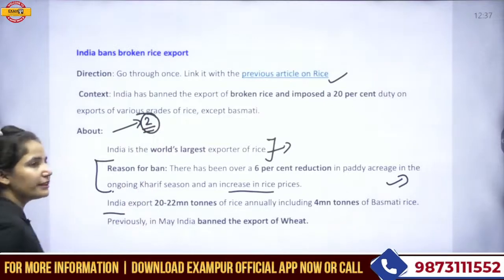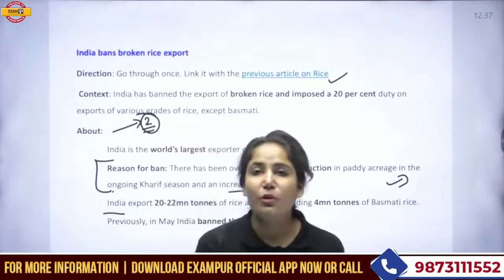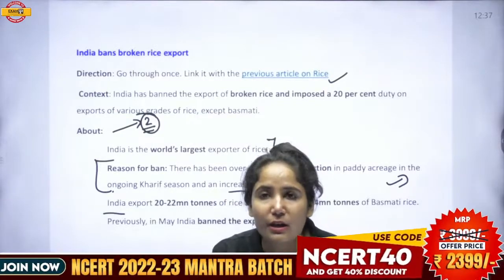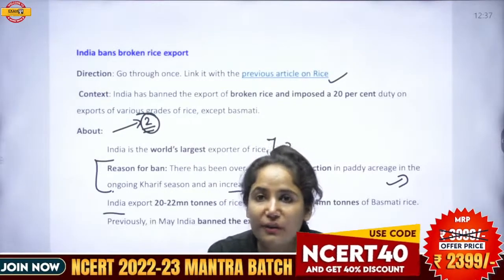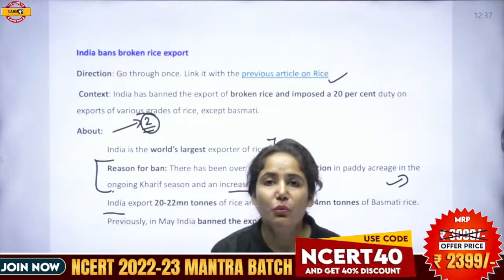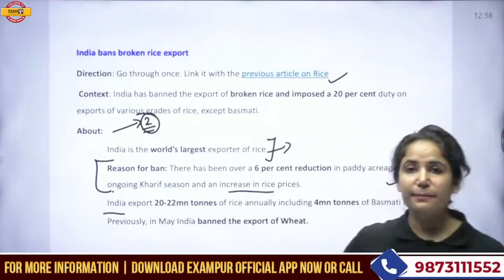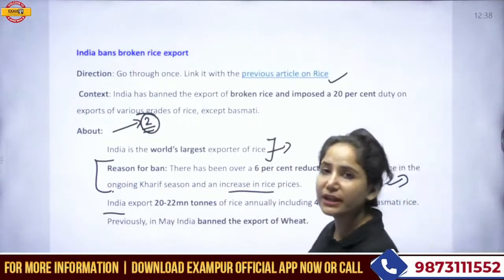We are number 2 in terms of production if we talk about our country, but we are exporting at number 1 to the entire world. If we are talking about the entire world, we are exporting rice to more than 150 countries. To 150 countries, it makes a huge difference.